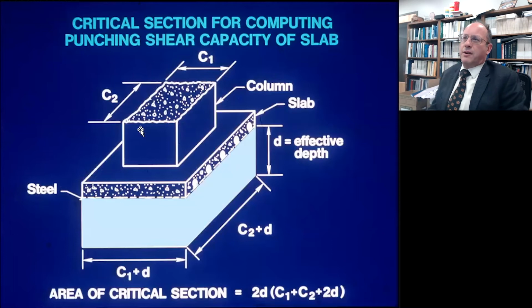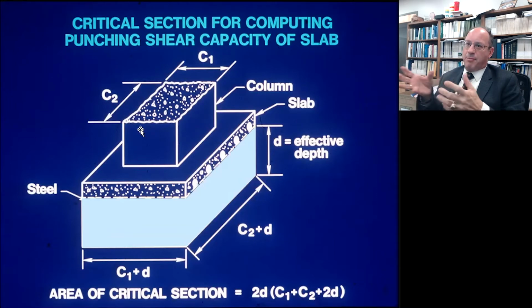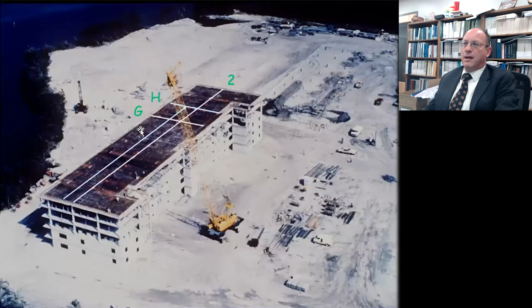So when you look at your standard calculations for computing the punching shear capacity of a slab, it depends on the dimensions of the column as well as on the effective depth of the slab. And you can see that all these errors, making the columns too small on the one hand, and having the slab be too thin, and then having the effective depth of the slab even thinner with that, all of those really reduce your punching shear capacity to the point where the building cannot hold itself even under the dead load.